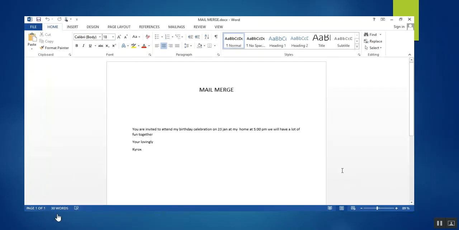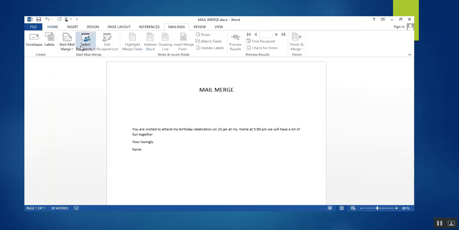So dear students, let's perform this mail merge. All you have to do is open your Microsoft Word and type the letter that I have already done over here. You have to leave sufficient space over here, because over here we are going to add our source data such as name and address. Now click on mailing, go to start mail merge.